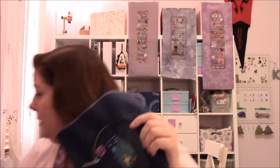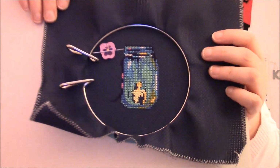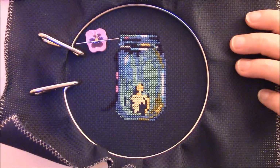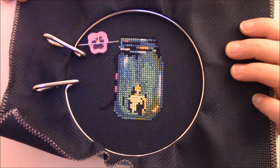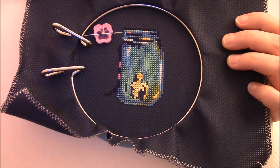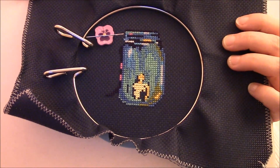Oh, we need my cardboard. Emergency backup IT support in case something goes wrong with the printers or whatnot. So I got quite a bit done while waiting for the tickets to be sold and the game to start. That is one mason jar nearly complete. I just have, I think, a bright green and another sort of turquoise blue that's going in down there